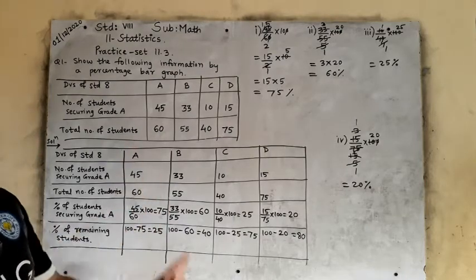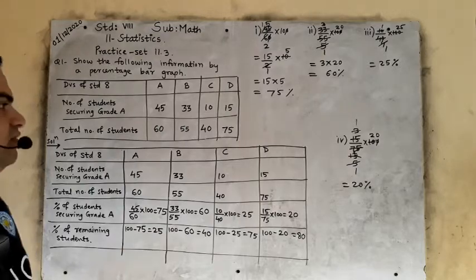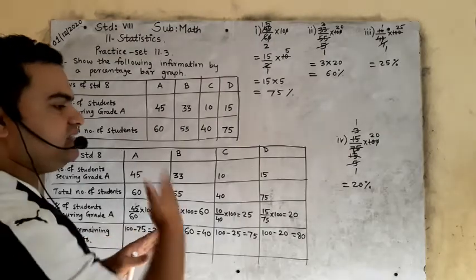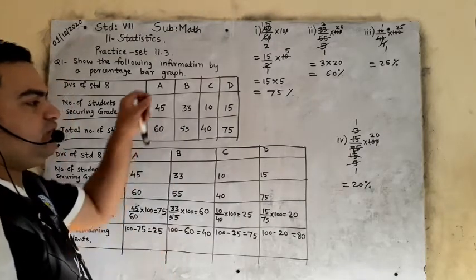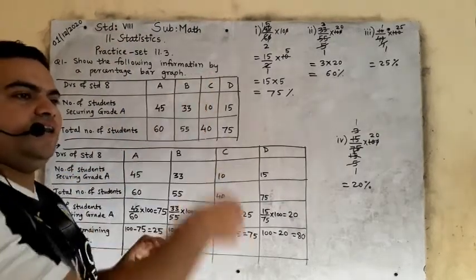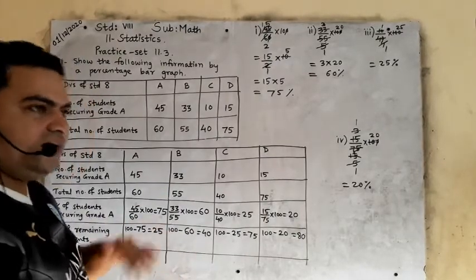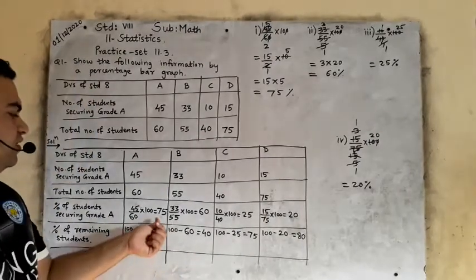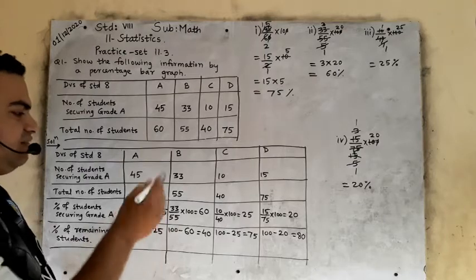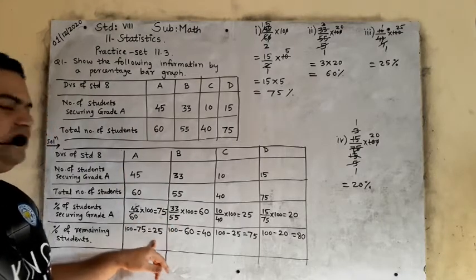Now you will draw a percentage bar graph, right? You will draw the x-axis and y-axis, with 10, 20, 30, 40, 50, 60, 70, 80, 100. All bars you will draw till 100, and then you will show these ratios on that bar graph. Suppose the first is 75, so you will fill till 75, and the remaining 25 is the rest.